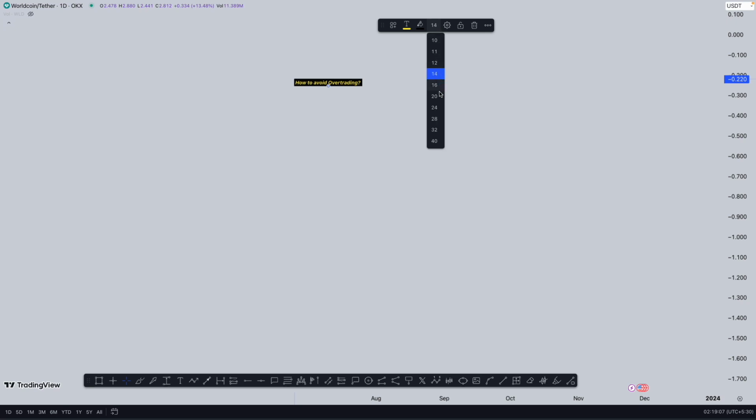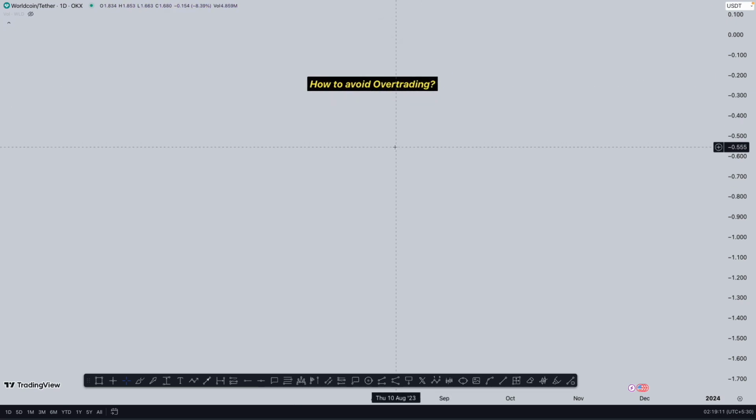If the reason behind overtrading is that you want to execute random trades based on random setups, then the first and most important step in order to avoid that is that you need to understand what your setup is. For instance, if I talk about those setups, you need to understand this as well.